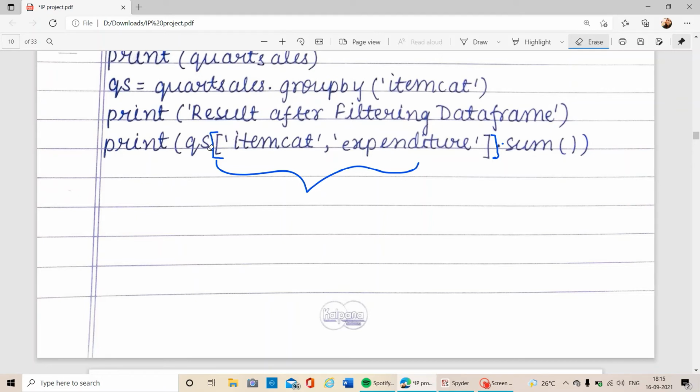That's why we are using two lists here, list within list. Also the list within list is called a nested list. So this is the concept of nested list, used in order to avoid the multiple indexing error. Now we are summing up the columns item cat and expenditure by using the dot sum function.